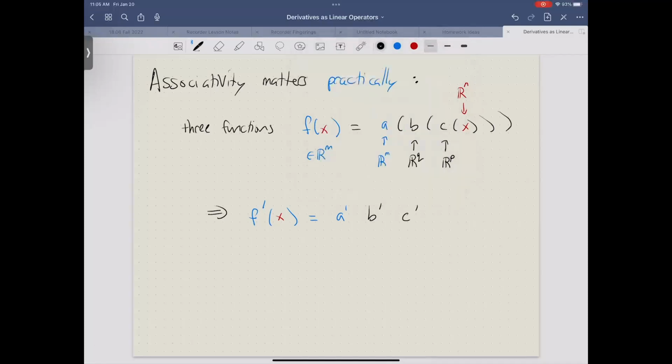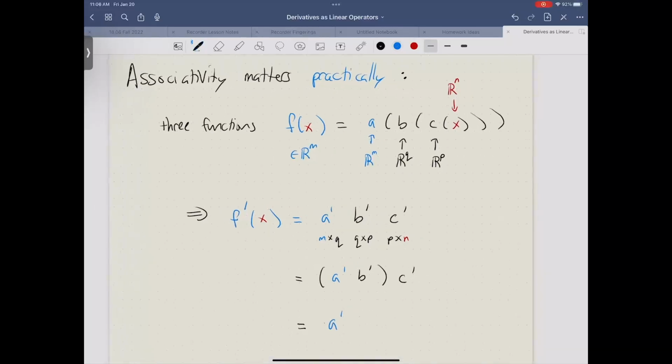And A primed is M by Q. B primed is Q by P, because it takes P inputs and has Q outputs. And C primed is P by N, because it has P inputs and N outputs. And so I can't change the order. This is matrix multiplication that's not commutative, but it is associative. I can always put parentheses. I can always multiply from left to right